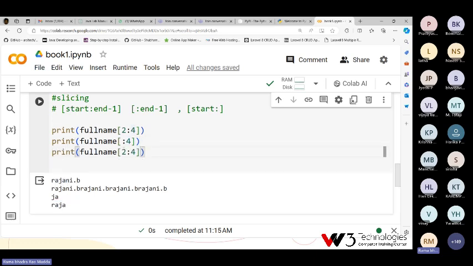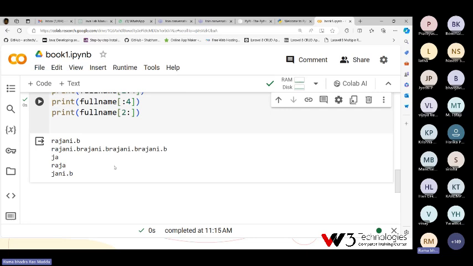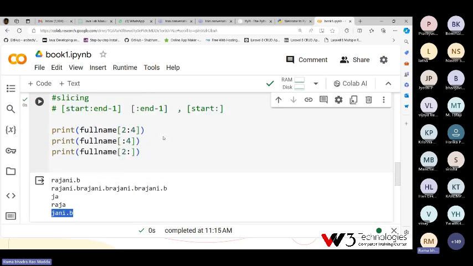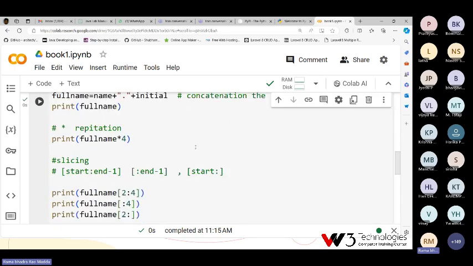Even if the starting position is given and the ending position is not mentioned, then the starting position will be considered, and the ending position will be taken as the last character. So from the second position it is considered, and up to the last it is taken. So it is called string slicing.